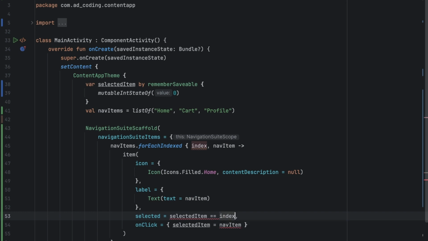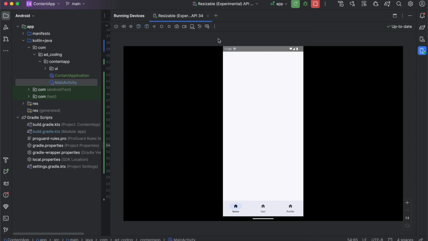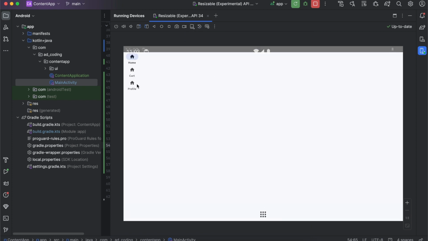Now let's run the application and see how it looks. As you can see, it works perfectly, and let's also switch to a tablet to see if everything's okay, and